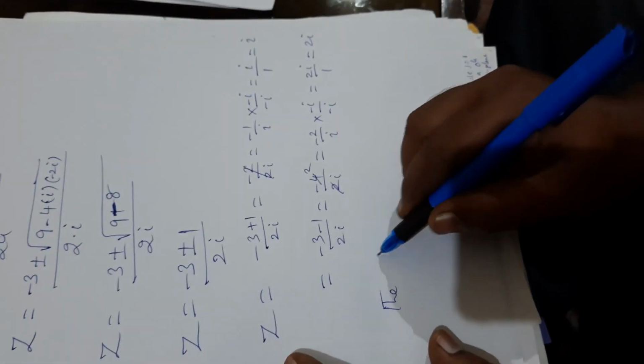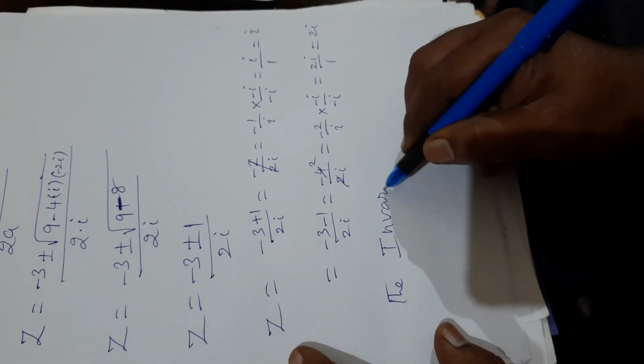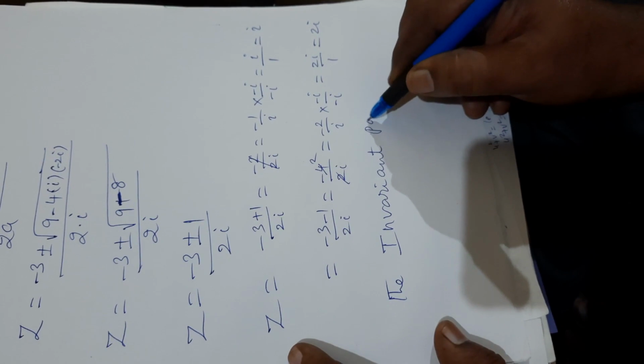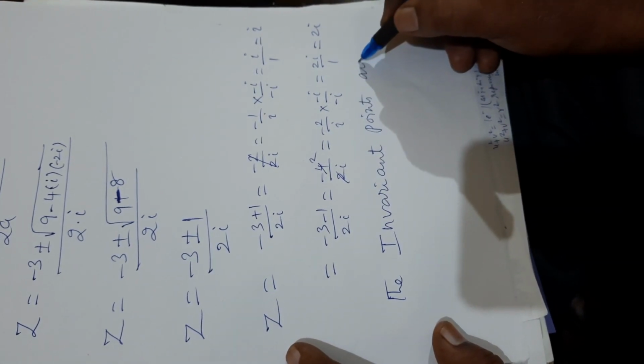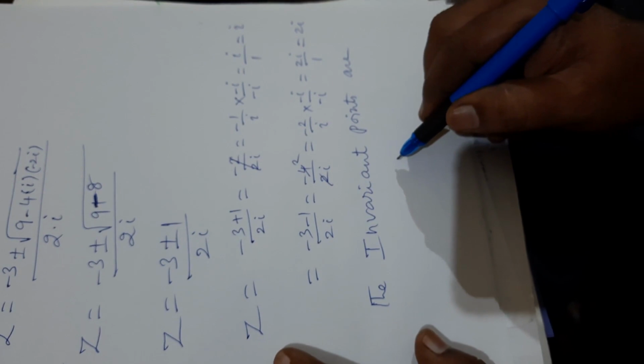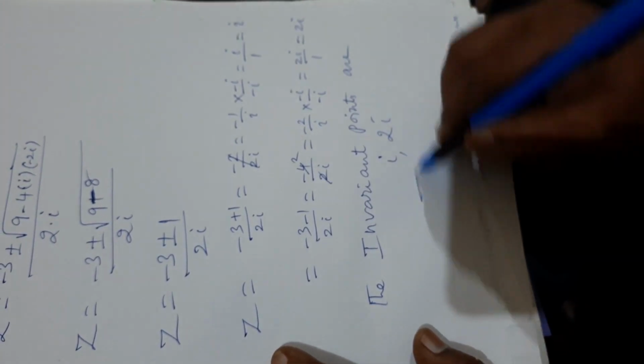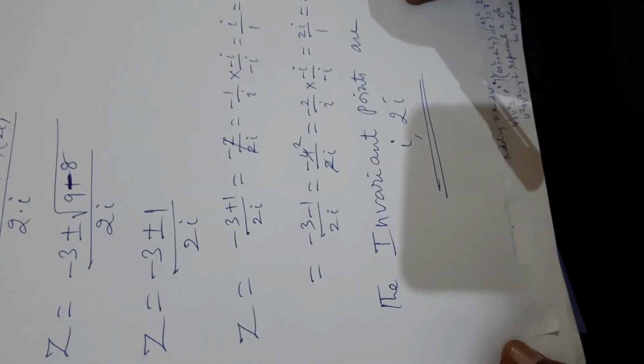The invariant points are I comma 2I. This is the invariant point. This is a very, very important problem. Please concentrate on this problem. This completes the problem. Next, you take another problem. Find the bilinear